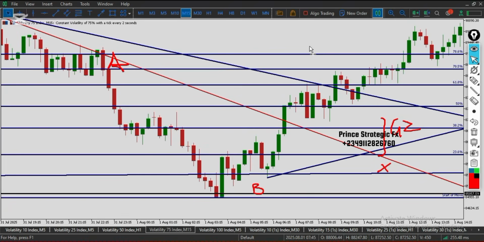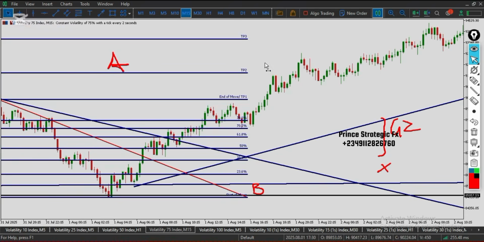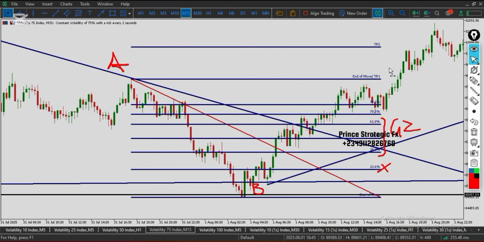Sorry, the whole thing just changed. Let me reduce it again. Okay, good. So this is the move here. You can see how price moved, then came back to this point. So somewhere around here